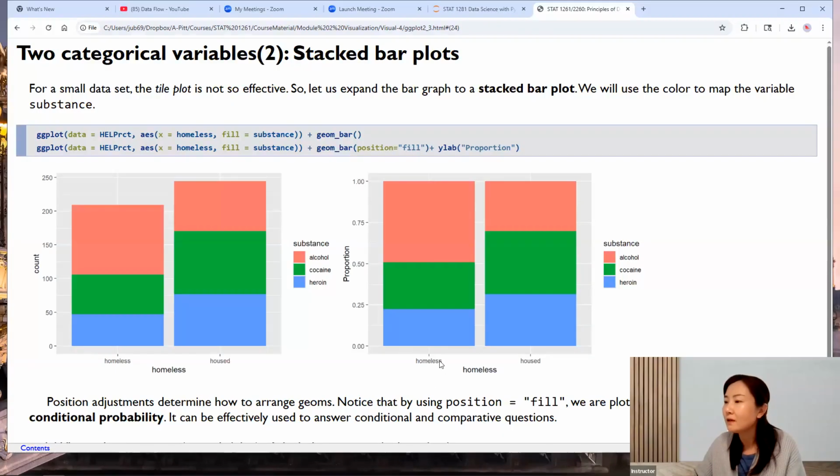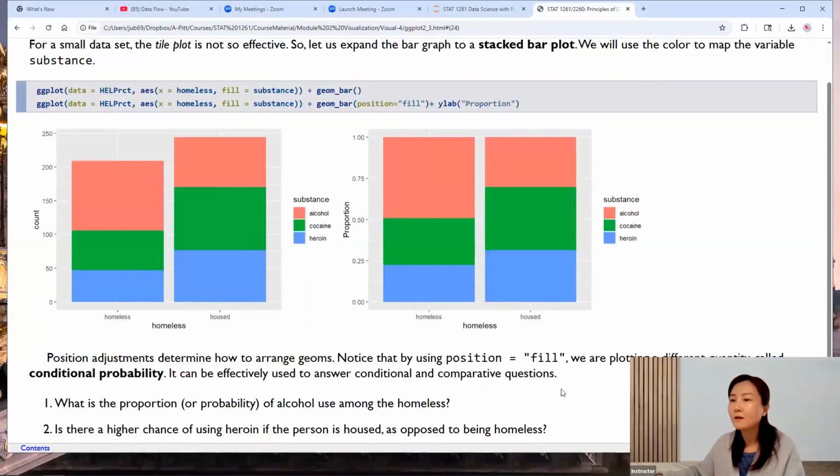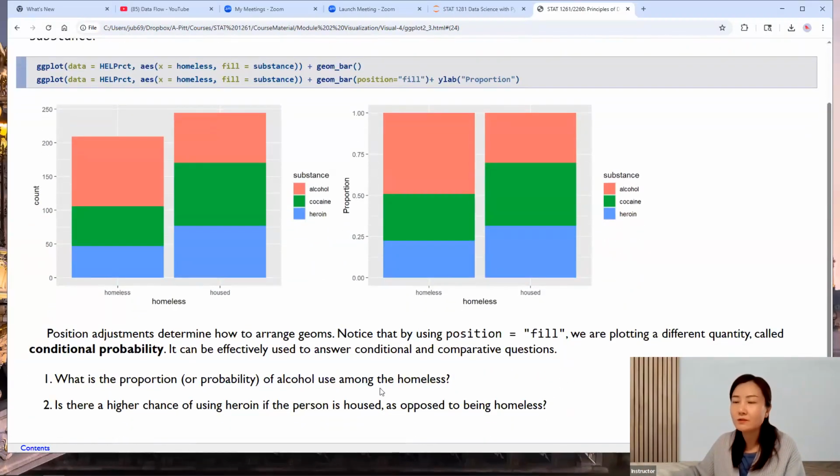For example, you see for the homeless group, about 50% of people use alcohol. It's very clear from 50 to 100, so 50%. But among housed people, only about 30% use alcohol. And you can see the difference very easily. The difference is very obvious because we make them have the same height. So this is a good way to answer questions such as,